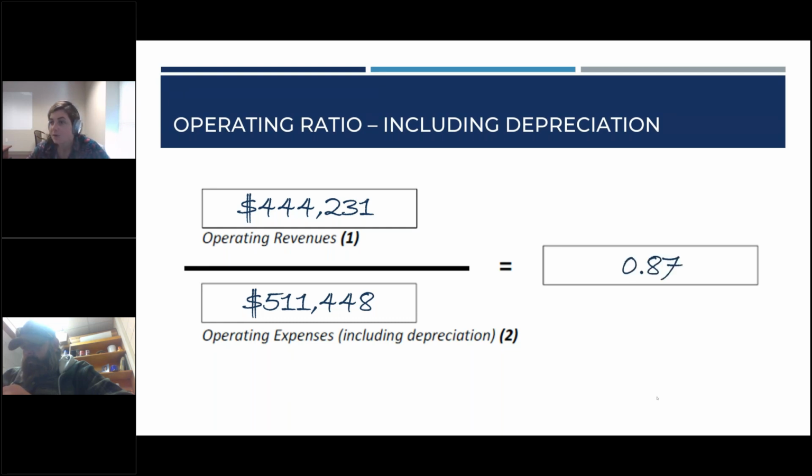So we can see that whenever we're including depreciation, Mayberry is currently not bringing in enough revenue to cover their day-to-day expenses, as well as setting aside kind of the full value of their depreciation expense. This would be something that if we were to follow up and do a rate study or rate analysis with Mayberry, we would recommend maybe thinking about how they could change their rates to increase their revenues ever so slightly, so that they could try to cover more of that depreciation cost.